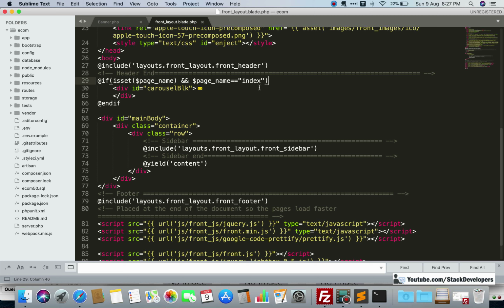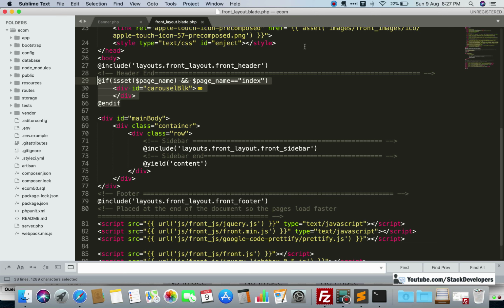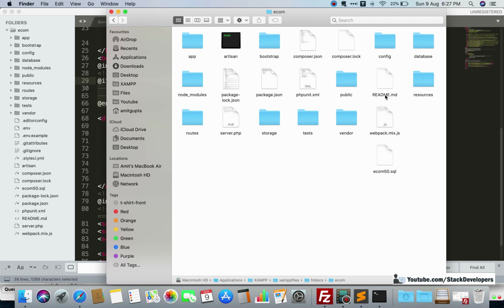One more thing you can do is make one more file for these banners. That is another idea. You can make one blade file, like a home page banners file, that looks fine. Like front header, we can also do a front banner, which is a better option. So let's see what we can do for this one.